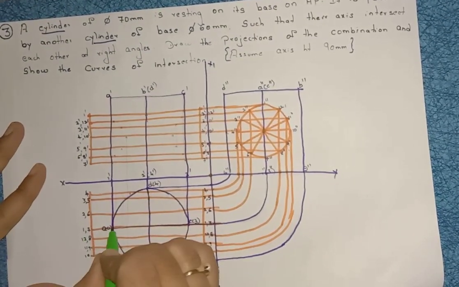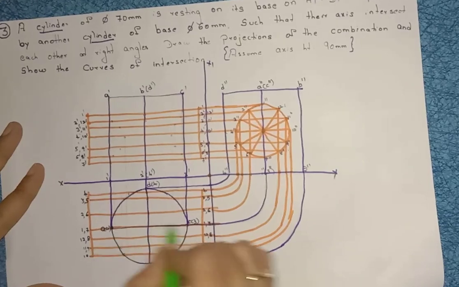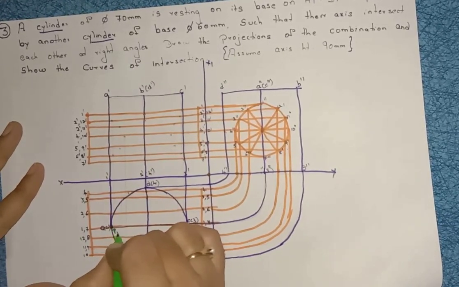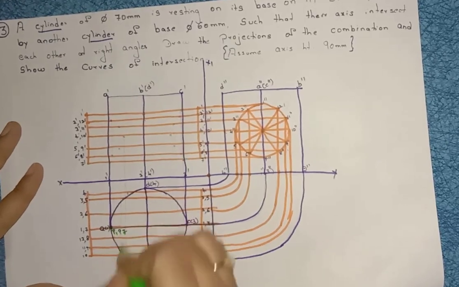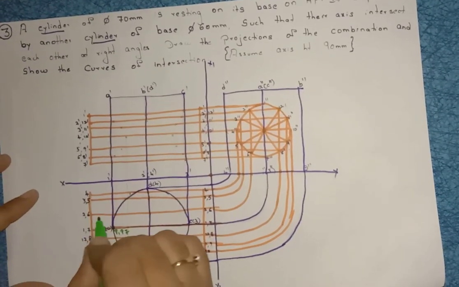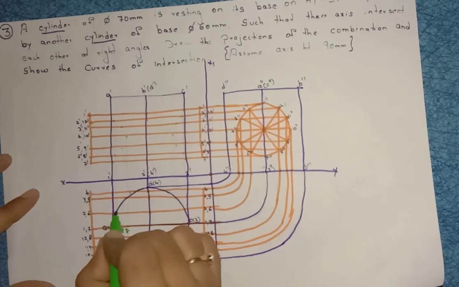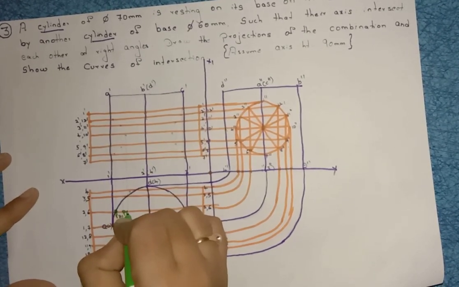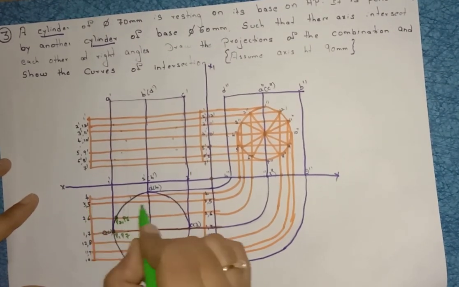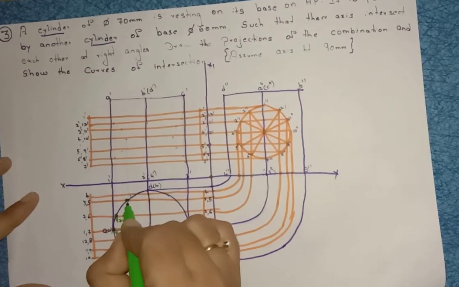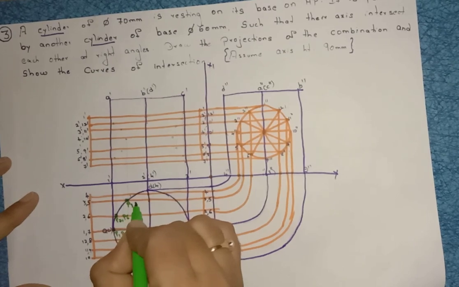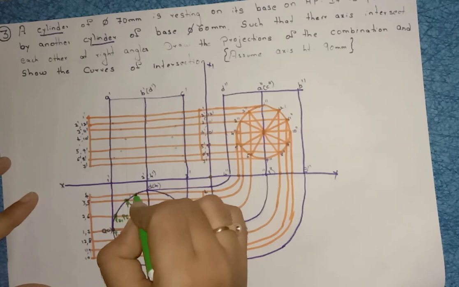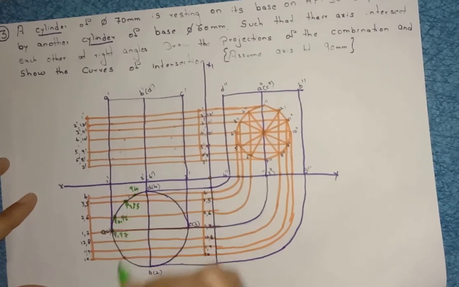this is the first point, this is the axis height, this is the circle intersection, name it here as P1 comma P7, right? Next, this is the circle and this is the axis height, name it as P2 comma P6. This is the axis height, this is the circle intersection, write it here as P3 comma P5, right? This is the axis height, this is the circle intersection, write down here P4.